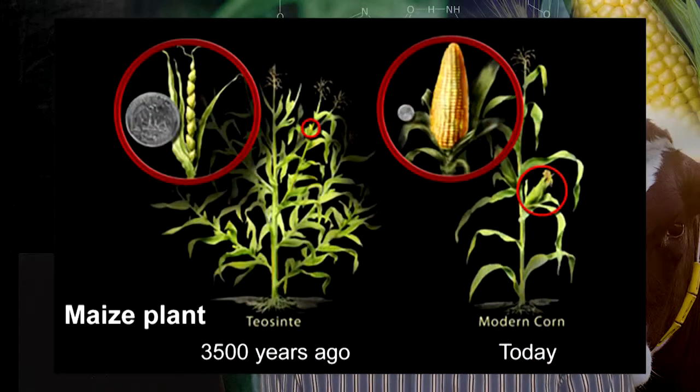If we look at the maize plant with a history of 3,500 years, the first maize did not produce that much. But today the modern corn produces enough food for all the people in the world, as maize is a staple food. And that is only through the process of